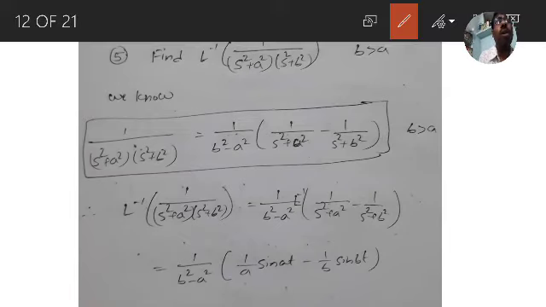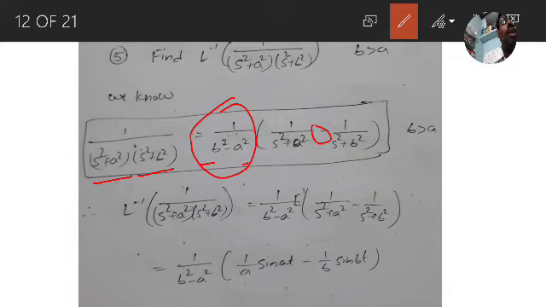What is the formula? 1 by s square plus a square into s square plus b square can be written as 1 by b square minus a square,